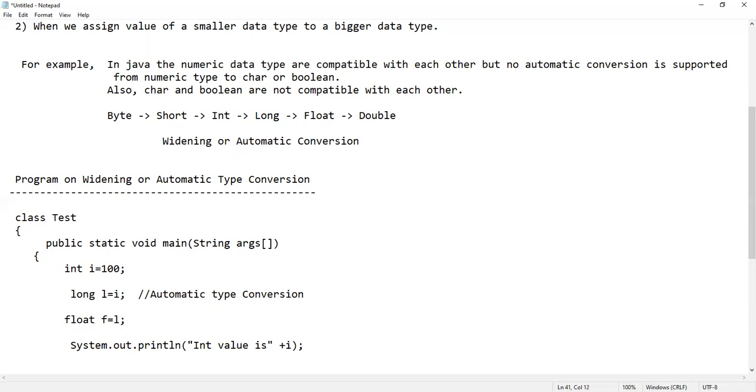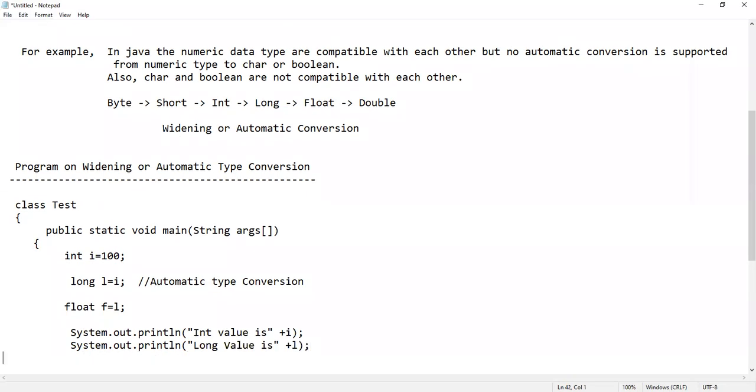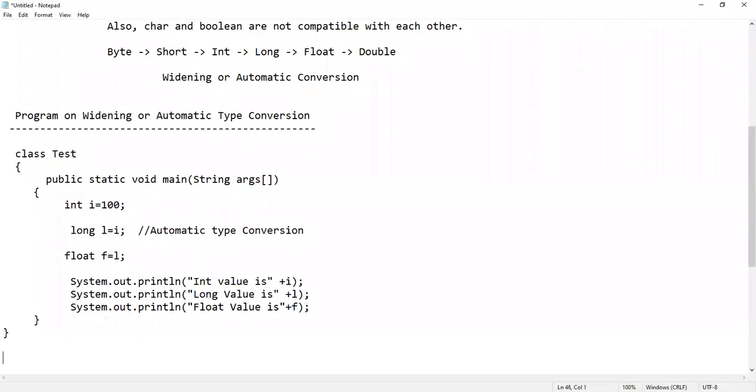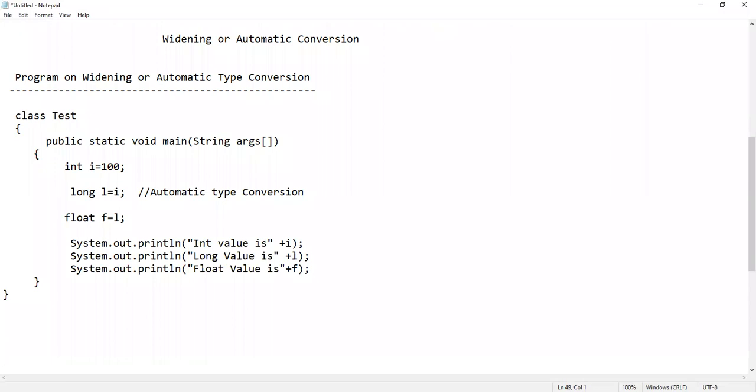Similarly, System.out.println long value is plus L. Long value is also done. Next, System.out.println float value is plus F. Okay, close. So this is a program on widening or automatic type conversion.